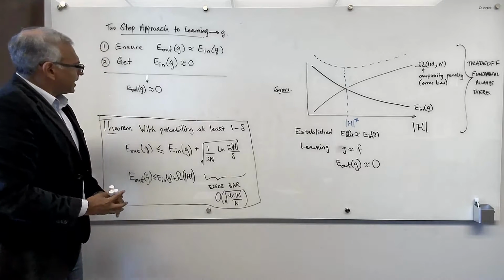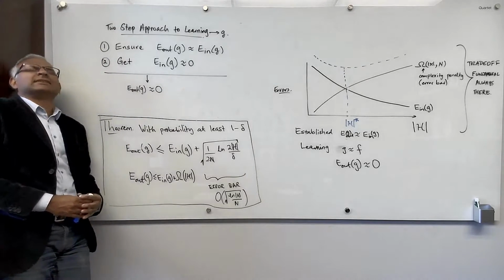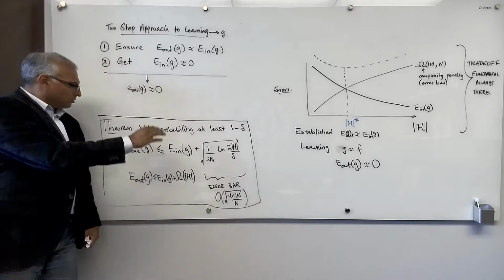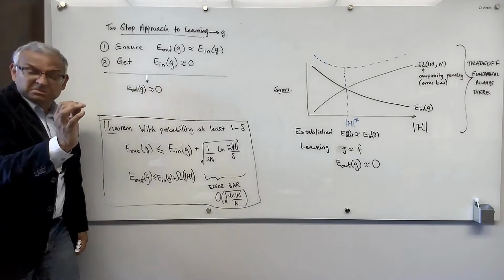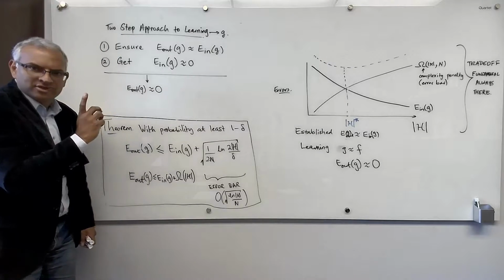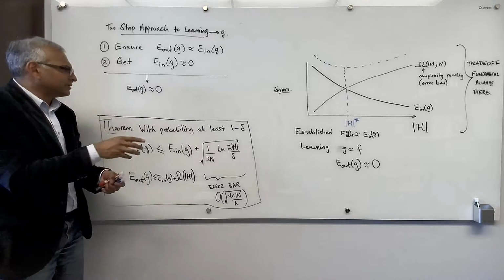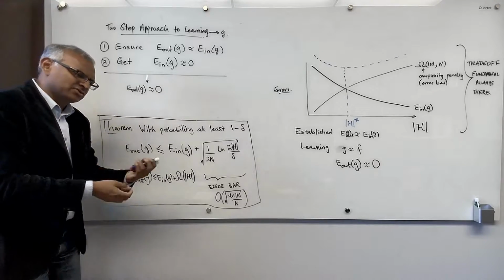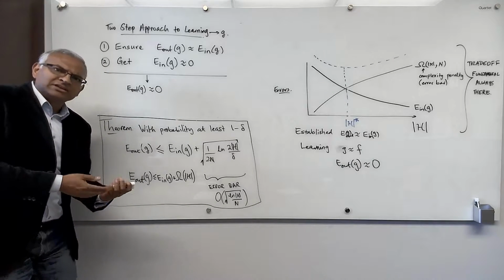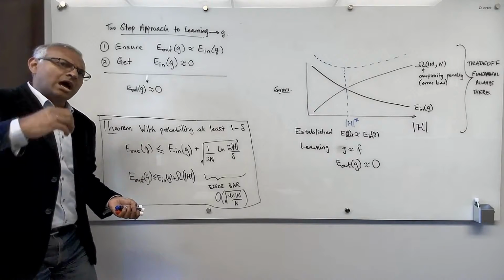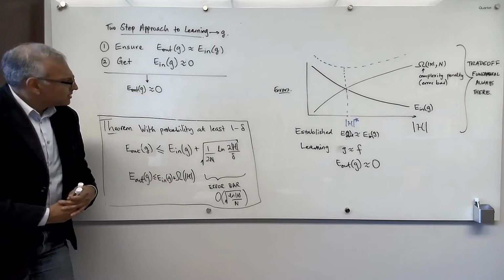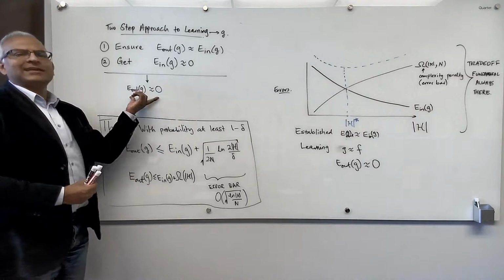And you might say, well, why didn't you just go for this from the very beginning? I didn't go for this from the very beginning for a very simple reason. F is unknown. I don't know F. So I'll never really know Eout. There's no way for me to, for example, compute Eout from the data. Eout is patently an out of sample and outside the data quantity. So I can never directly analyze this guy.